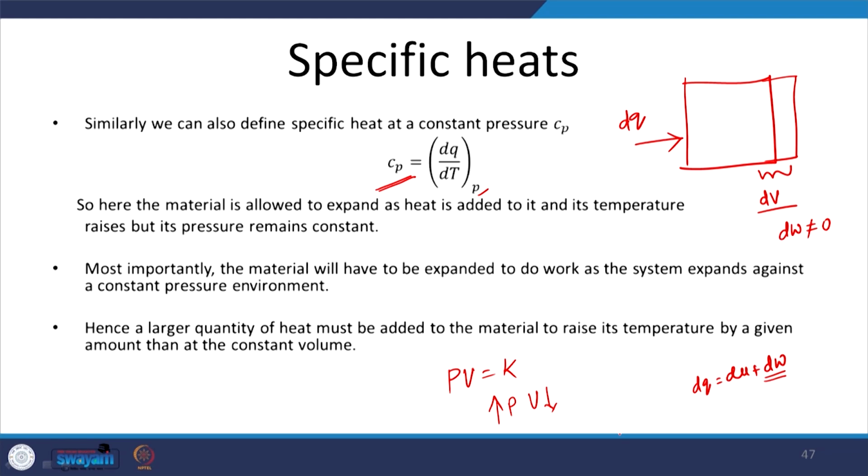right. So, hence a larger quantity of heat must be added to the material to raise its temperature by a given magnitude, let us say by 1 Kelvin, than what you supplied at constant volume. So, this is the basic reason why specific heats differ. Specific heat at constant pressure is always larger than the specific heat at constant volume. So, this is the basic difference. Simply put, it comes because of the effort to maintain the same pressure despite the change in the volume,